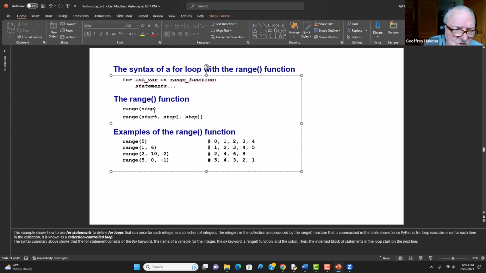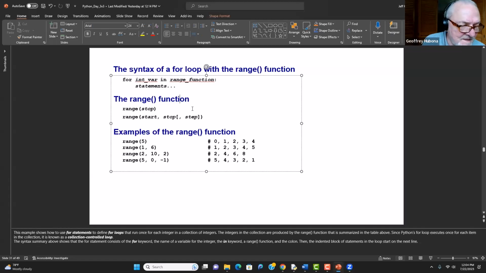So if you use range in a for statement like this, and you say for int in range up to 5, what that means is it'll go through it 5 times. Range initially will be 0, then 1, then 2, then 3, then 4. Intuitively, it seems to me that it should work from 1 to 5, but unfortunately, or depending on your perspective,